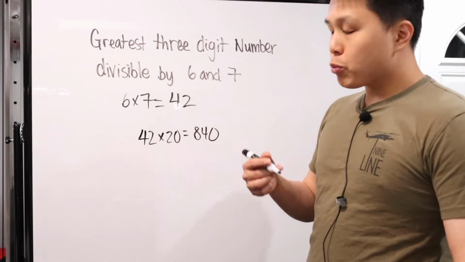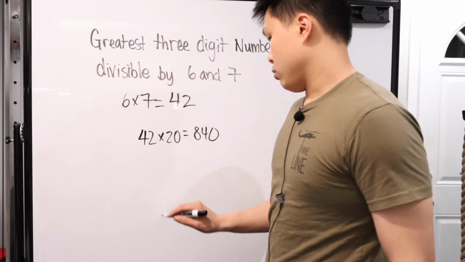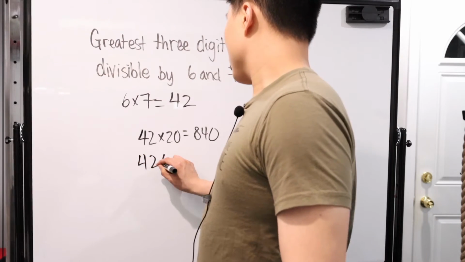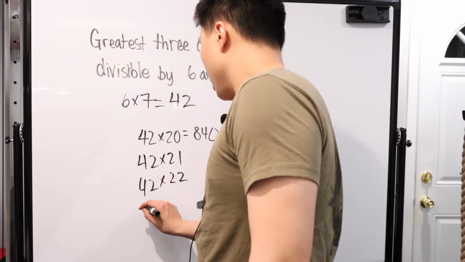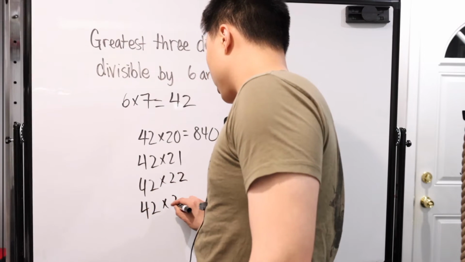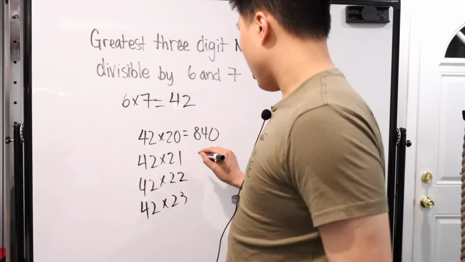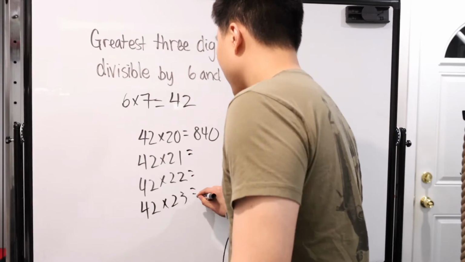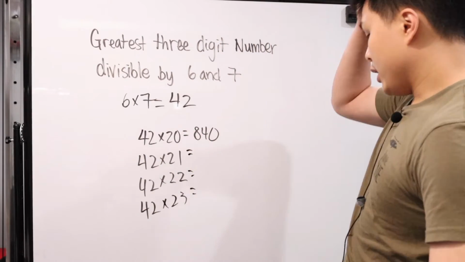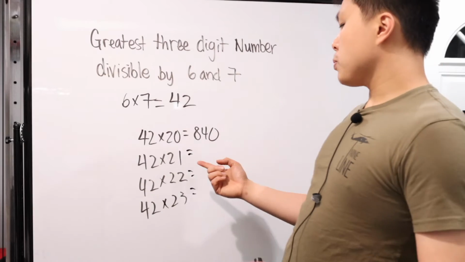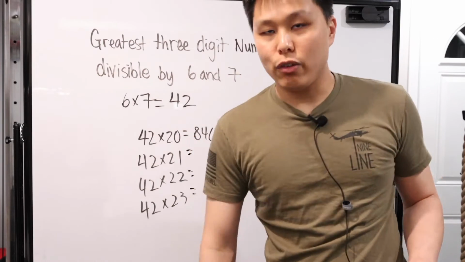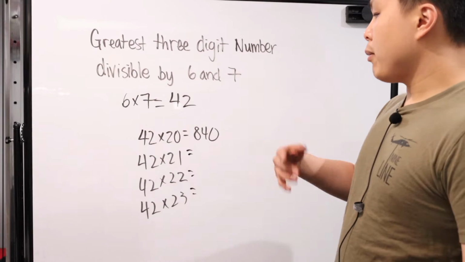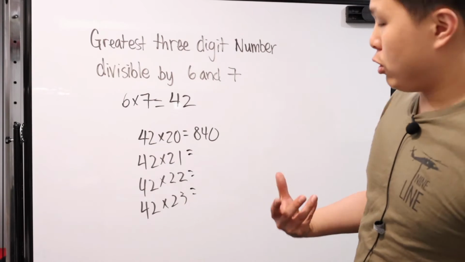Now, afterwards, we can be creative, or we can just do 42 times 21, 42 times 22, 42 times 23, and then we can keep on solving it that way. But of course, we want to be at least a little more creative. Let's see. So remember that every time we're multiplying by 1 more, from 20 to 21, we're just basically adding another 42. So if we're looking at this, how many more 42s can we add in there to get it close to